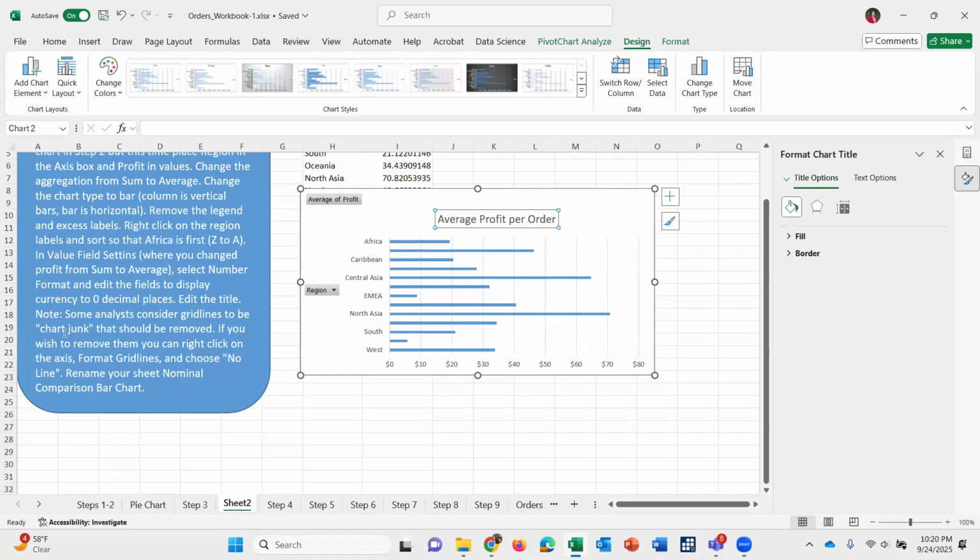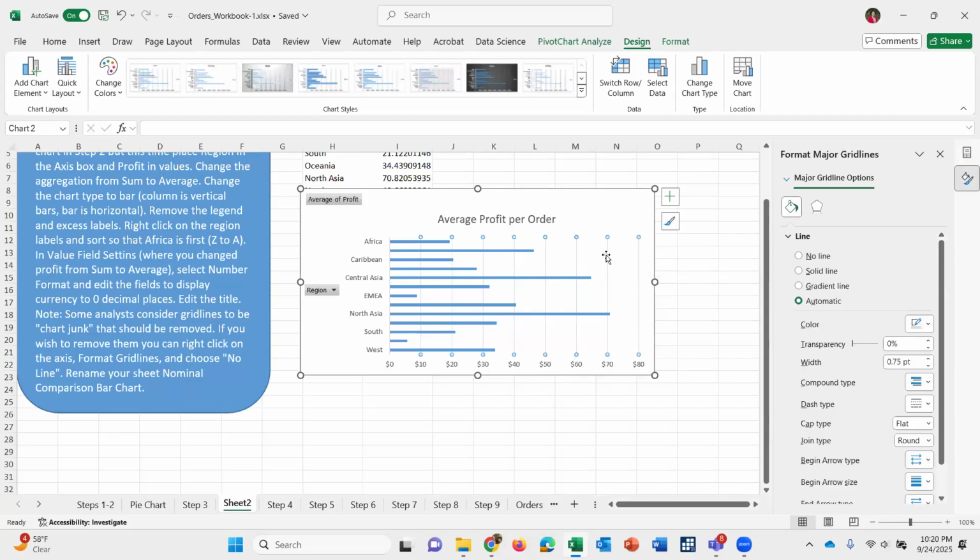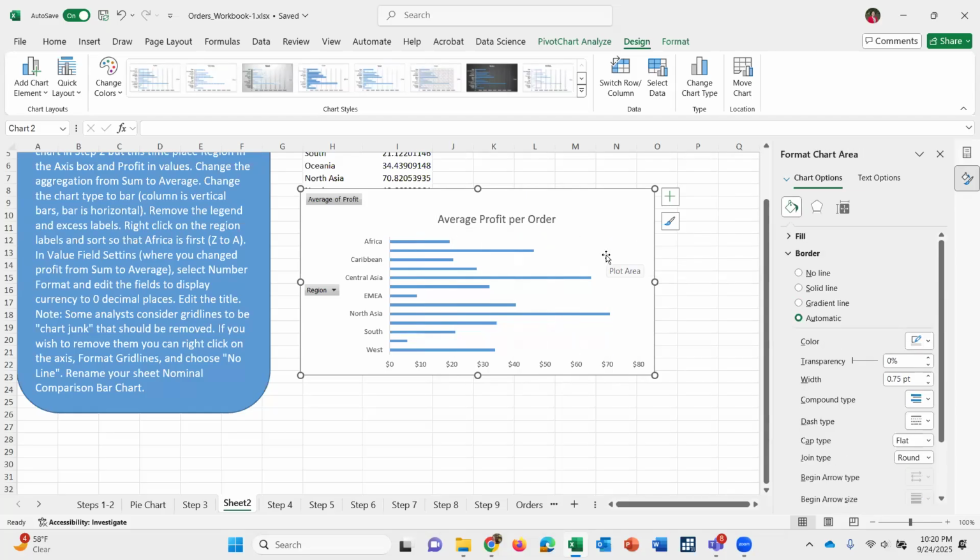Note that some data analysts consider these grid lines just behind the bars to be distracting. They find it to be a junk part of the chart, and they believe that it should be removed. So it depends on you if you want to remove it. But if you wish to remove them, one way is just to click on them and use the delete